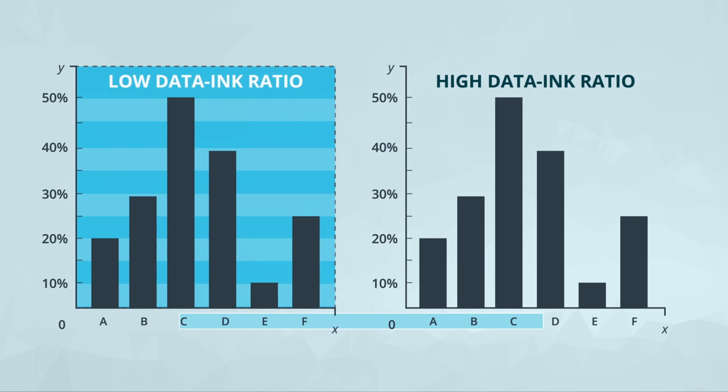On the right, we see a visualization with the same data, but with a high data to ink ratio. The visual on the right only has ink used to directly relate to the understanding of the data. Comparing both visualizations, the one on the right is not only more pleasing to the eye, but it is also much easier to understand. When we're building data visualizations, we always want to strive for a high data to ink